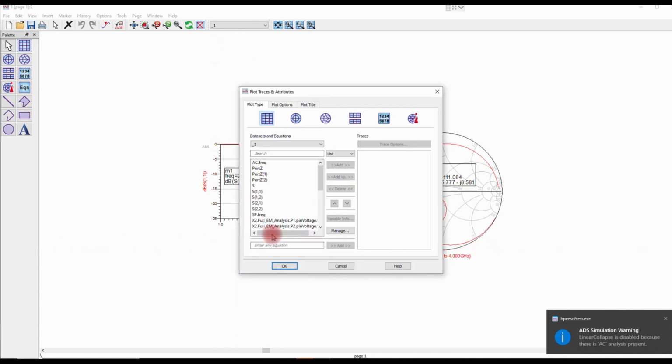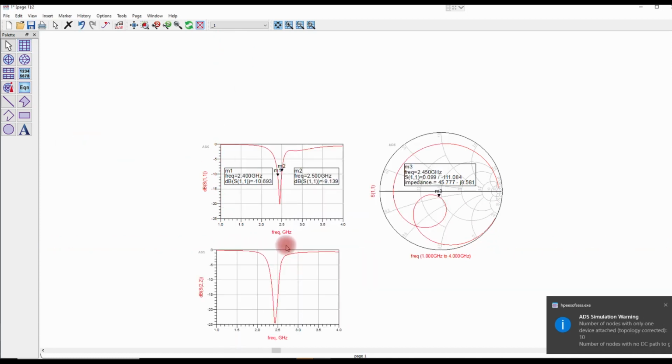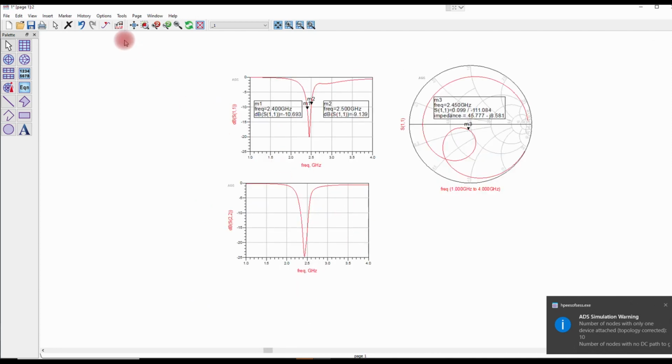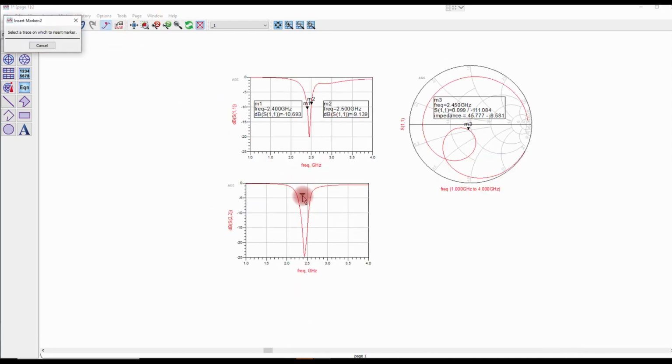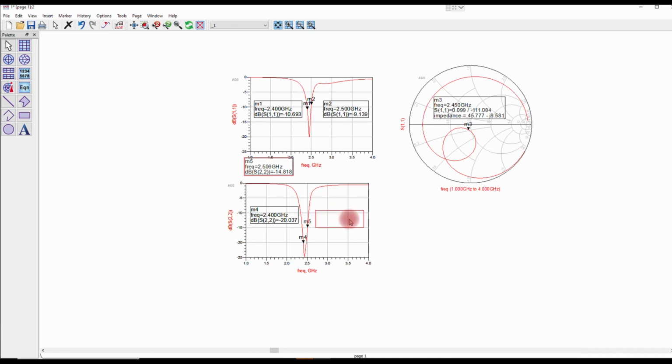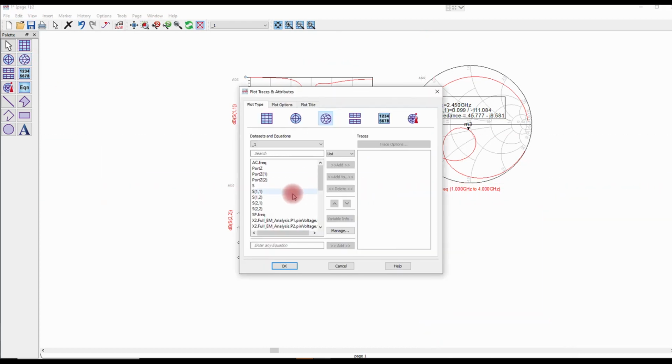Let's plot S22. Place markers at the start and stop frequency. We can see that we have obtained excellent results as compared to before the matching for the return loss.